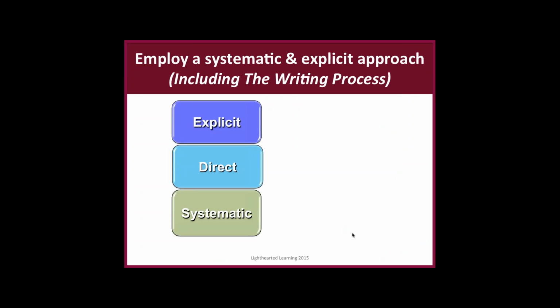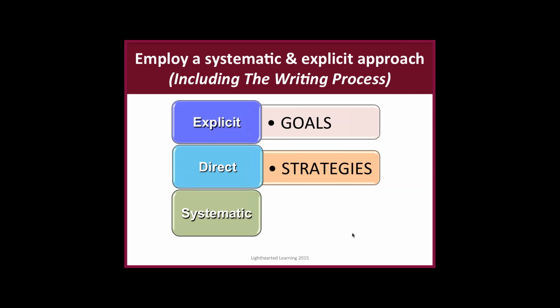And in order to do this really effectively, we need an explicit, direct, and systematic approach. And this is where the evidence is leading us. We want to be explicit in the goals of the writing. We want to be direct in our instruction of strategies. We're not just showing things and letting the ideas float over the learner. We're actually explaining what it is the writer in a text is doing to help the reader understand the goal of that writing. And then our process is systematic. We are using a writing process because that cycle of writing is something that learners need to use no matter what they're working on.